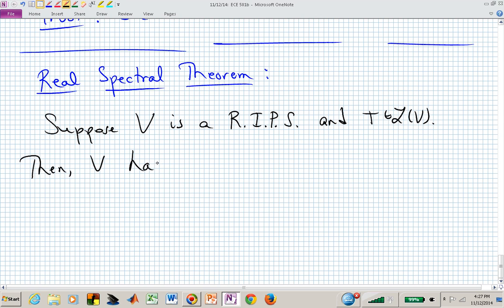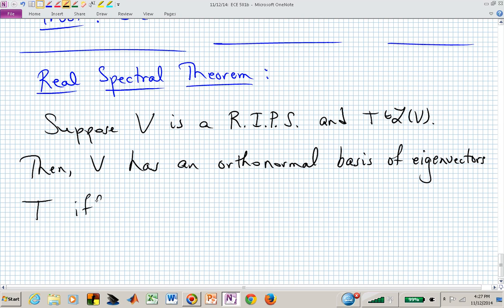Then V has an orthonormal basis of eigenvectors of that operator T if and only if T